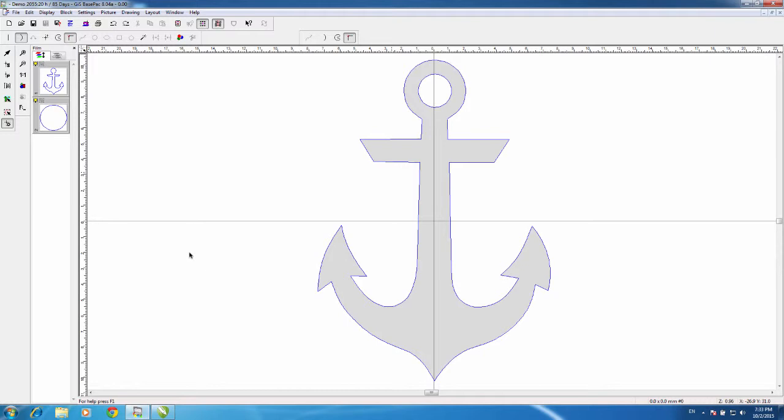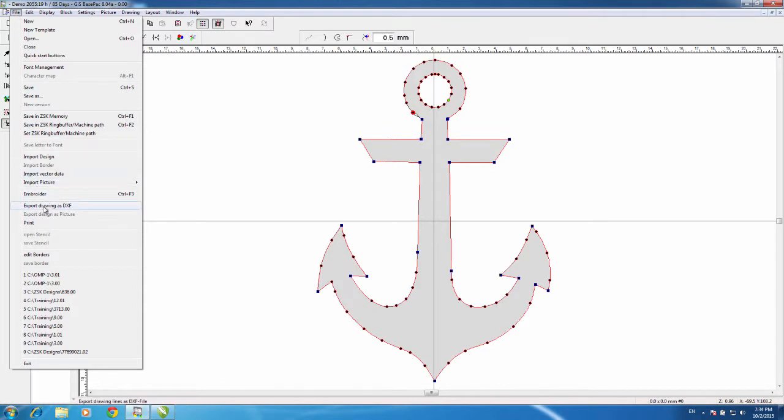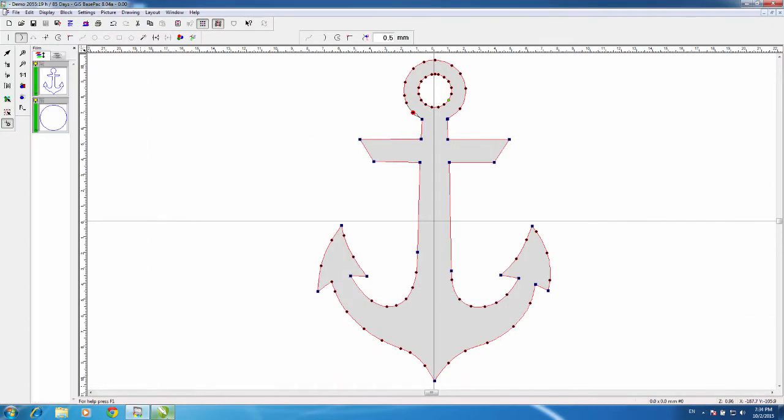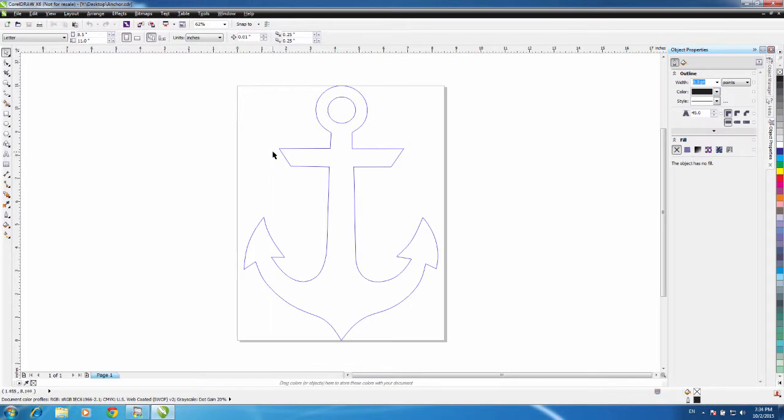But before we do that, I want to show you something that I've already done, but we can take these vectors and actually save them as a DXF file. And you can see I've selected them, but I can go to File and Export Drawing as DXF, and when I do that, I can now save it, and I'm going to save it as a DXF format. I've already saved it here as Anchor, and what I've done, just to show you, is that in CorelDRAW I have opened it up, and it is vector lines, so if I do need to use that for a cutter or a laser or anything where I'm cutting material and I need those vector lines, there it is. So you can see now that I can use that DXF